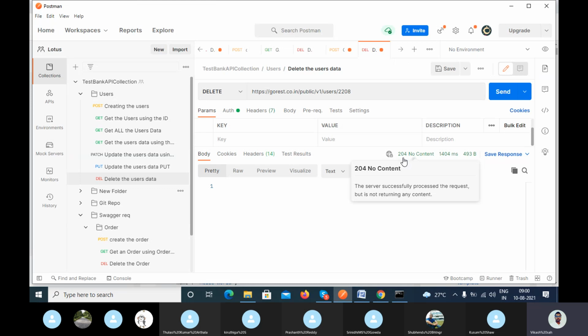Whenever we are doing any action, either delete, or update using the patch or put method, if you are not getting anything in the response, let's suppose the client does not want to return any message after performing the delete action, then generally they use 204 no content, because there is no content in the response.